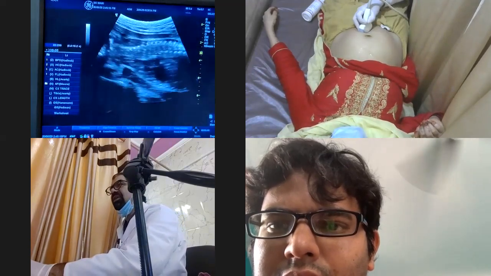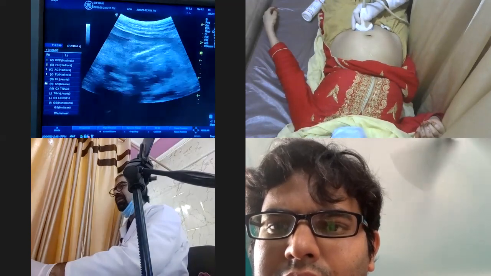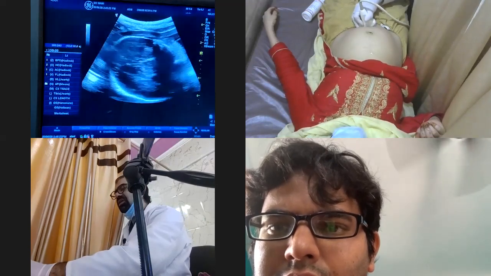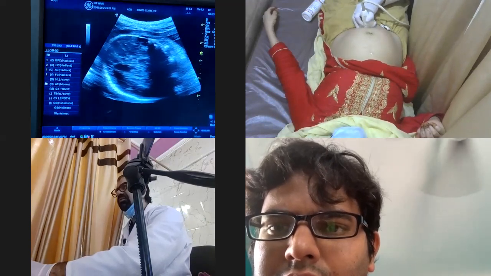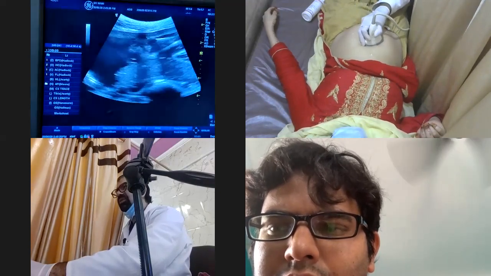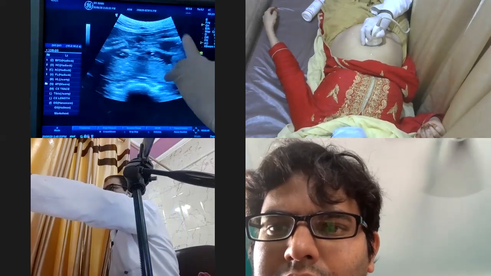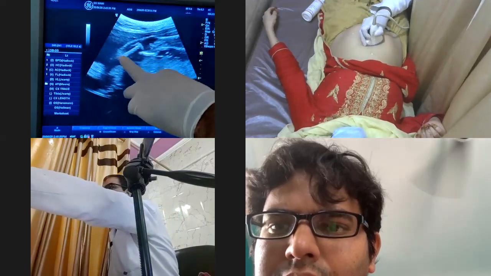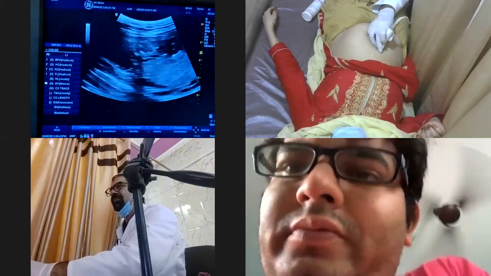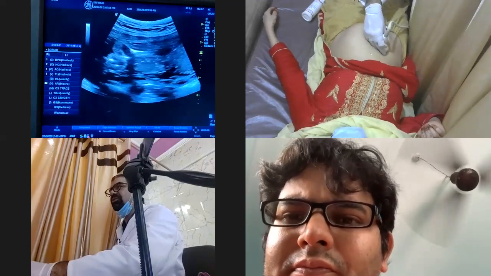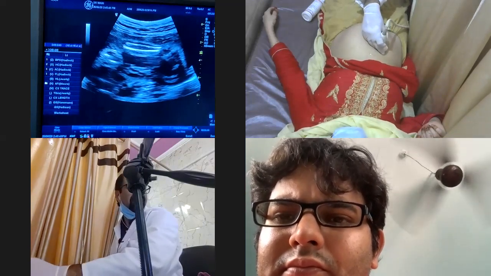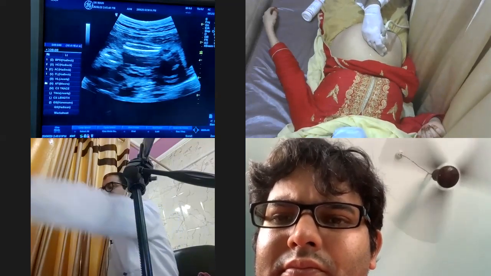We will show you the fetal perimetry over here. Okay, so the point is we got this head circumference, BPD, femoral length, as well as the abdominal circumference. Now see, the femur is over here, and this is the tibia and the fibula. Now let us take the length of the tibia and fibula. See my hand, how I am rotating to get an appropriate section. So this is the tibia and this is the fibula.